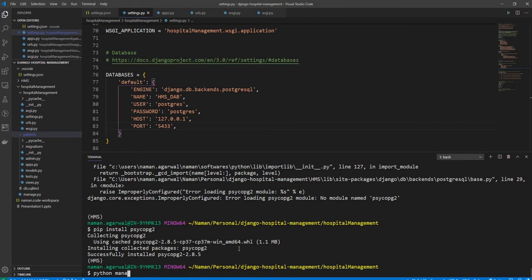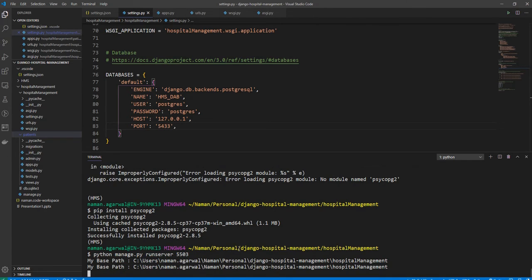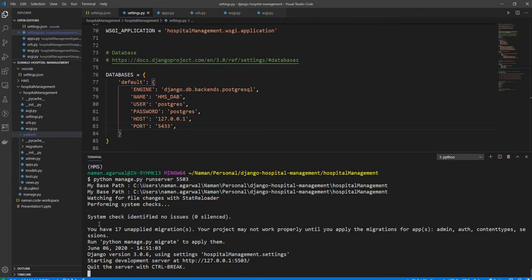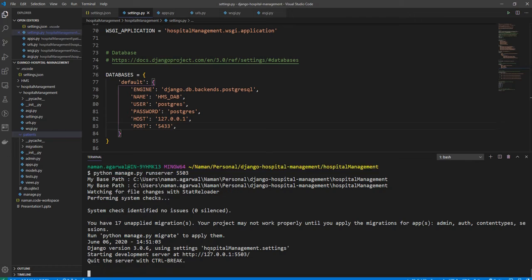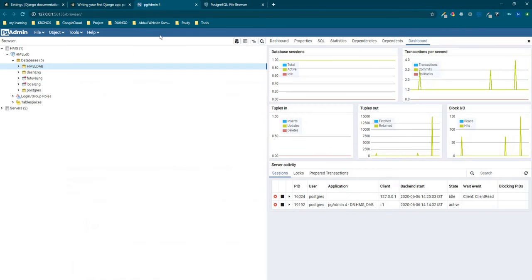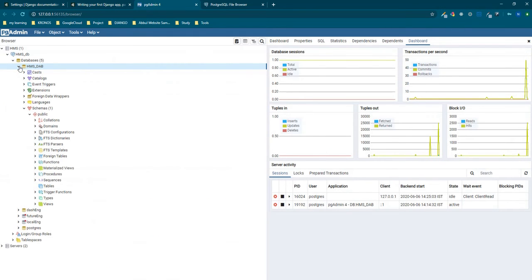Now, when I try to run my server again, you will see nothing has changed, but you have one message. This shows that you have 17 unapplied migrations. When I go to my DB and open it, you can see there are no tables.